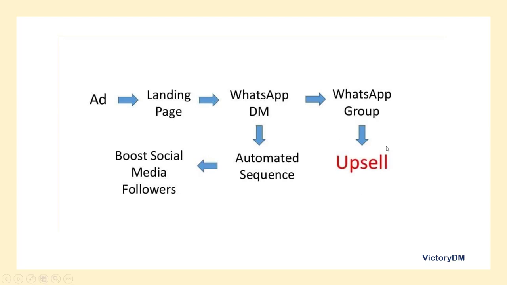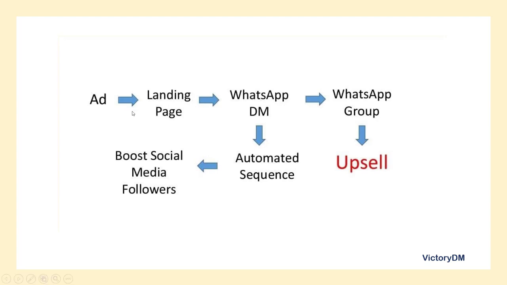But the most important aspect is this upsell. So once we run ads, it takes them to our WhatsApp DM. If you are doing a group training, it's going to take them to our WhatsApp group, and then we now upsell whatever information we have for them. And making sales this way is actually easier than a direct sales ad, because this time around they tend to trust us. We have given them value. They know that we are capable of what we are promising, and a lot of persons actually end up buying.